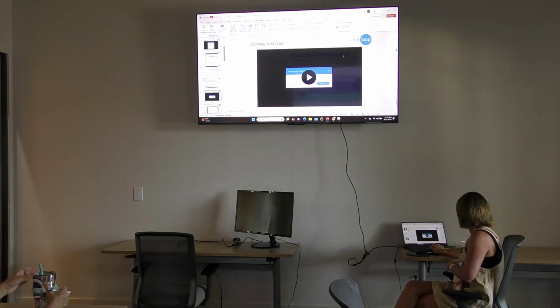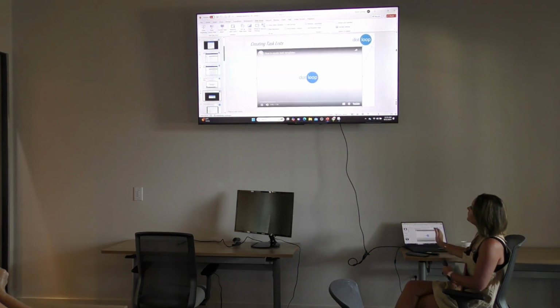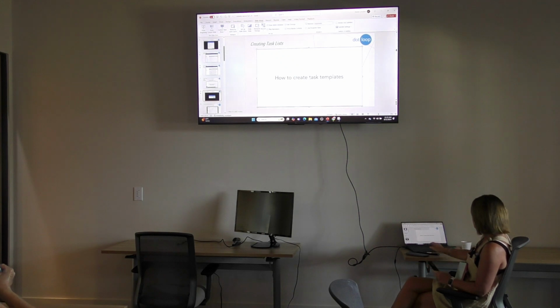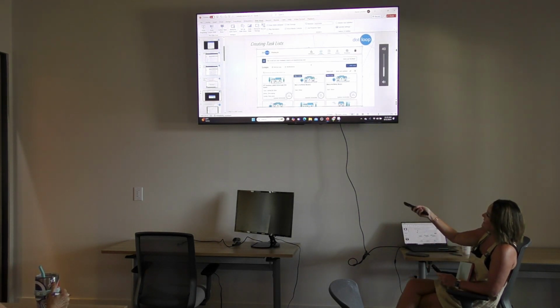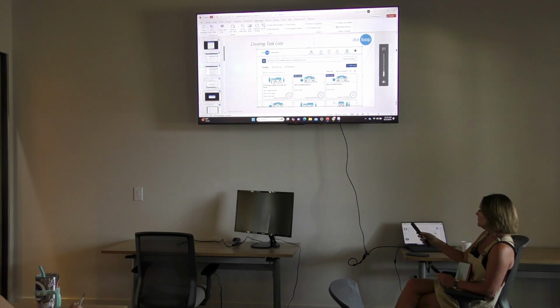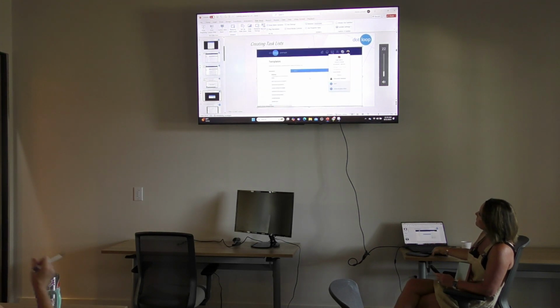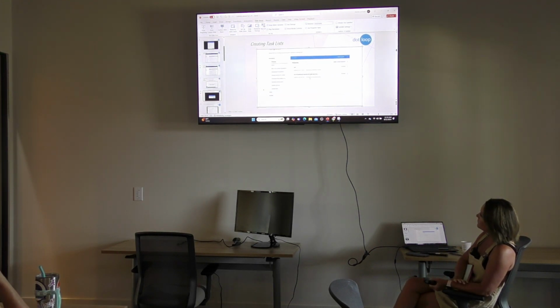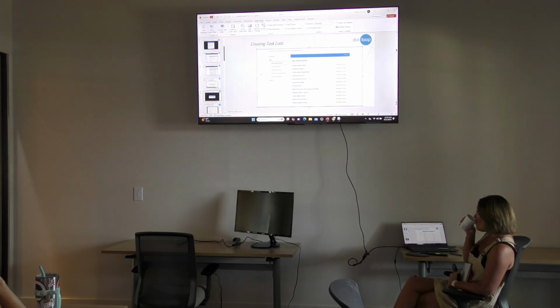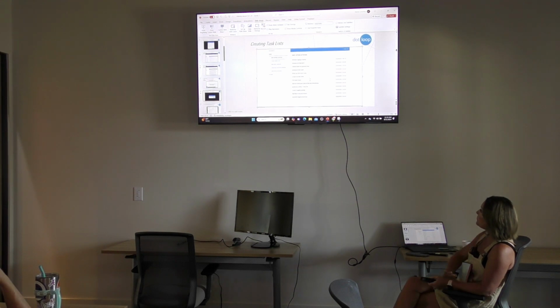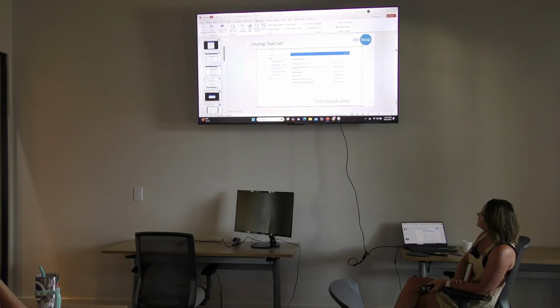So let's see. You can save time by creating your own task templates to use throughout your transactions. Navigate to your global template section by clicking on this icon. Scroll down past your documents and click on tasks. Now I already have a few task templates built out, just as an example. So I have a task template for new listing activities, and you can see all of the tasks I have listed here. A client move plan, where you can add hyperlinks to your tasks, a pre-offer checklist, steps for loan pre-approval,